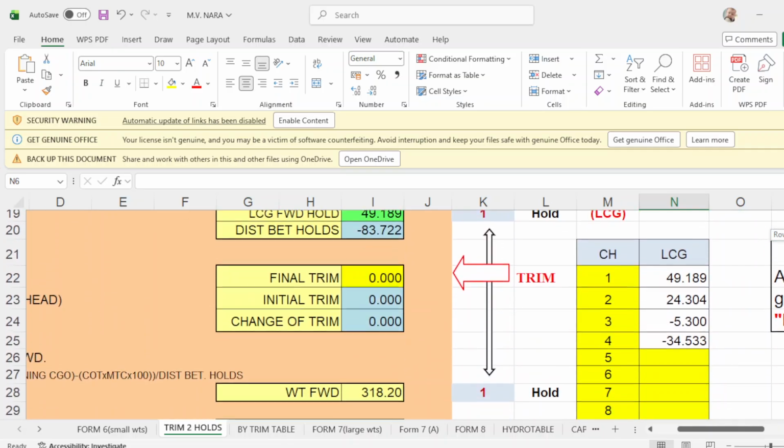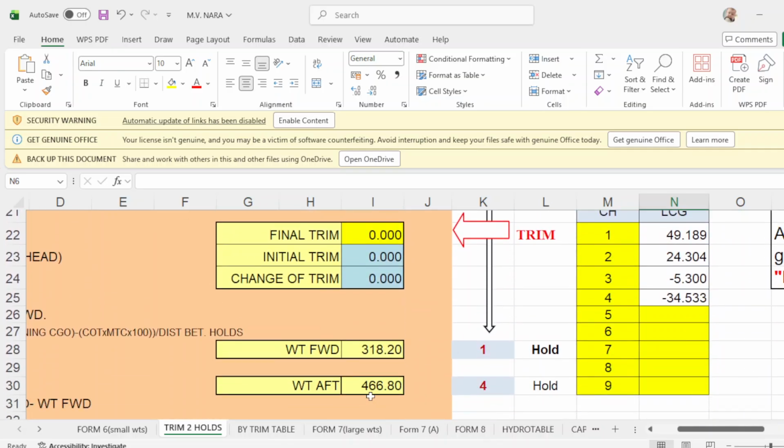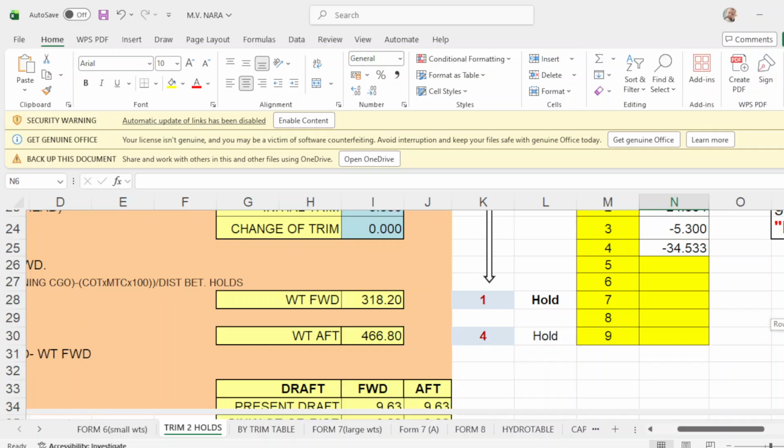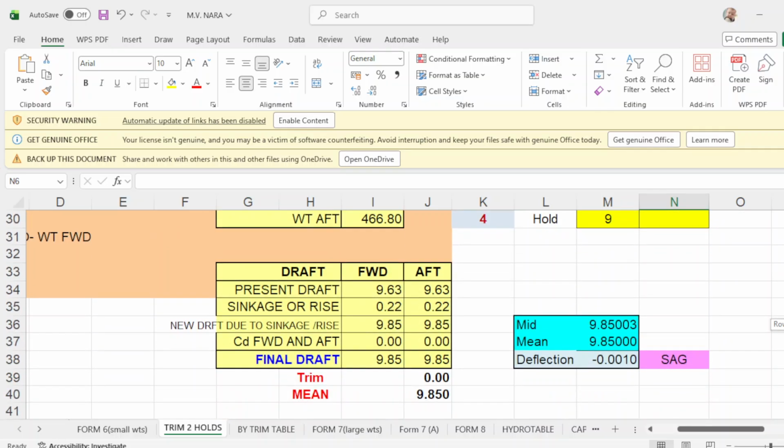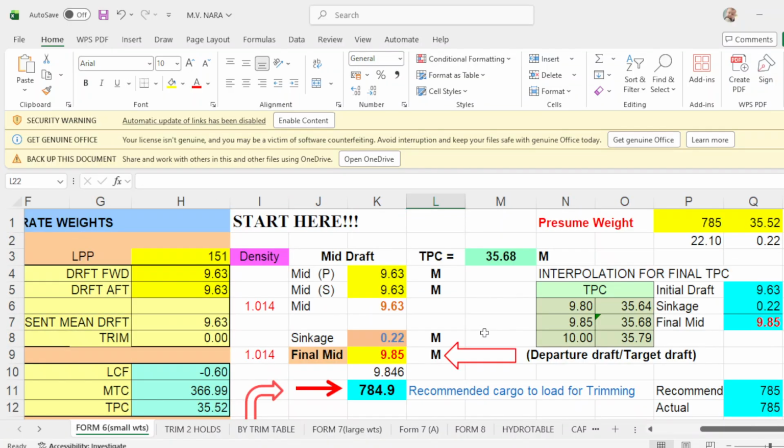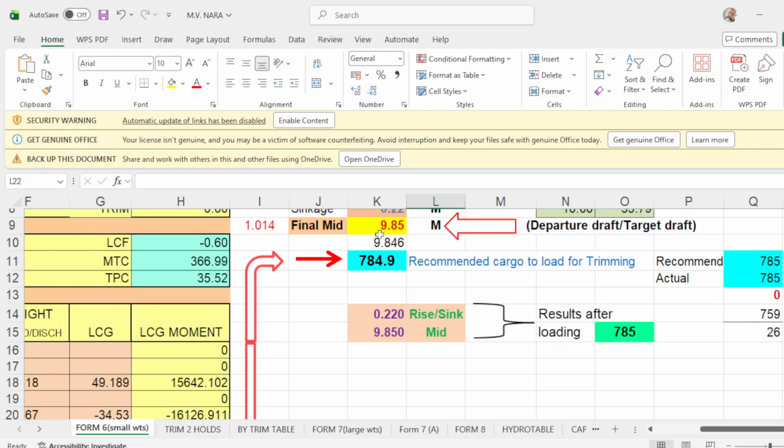Your departure drop will be even keel at 9.85, forward and aft is 9.85. You have trim 0 and your main is 9.85. Take note that your departure drop here is 9.85.